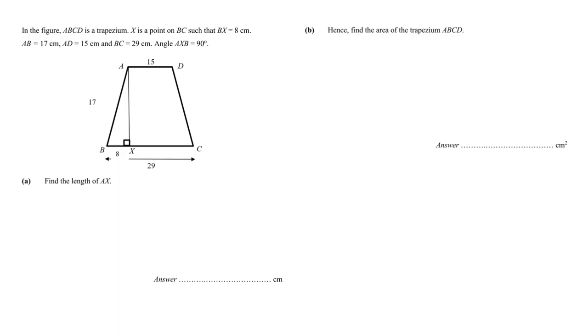Hello everyone, welcome to this part of the video where we are exploring this problem, where we are given a trapezium ABCD. X is on the line BC such that we have a right angle triangle here. So to find AX, right, there's this right angle triangle. So this means that I could apply my Pythagoras theorem, which states that, well,